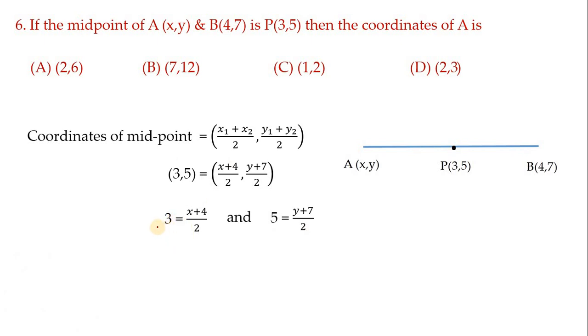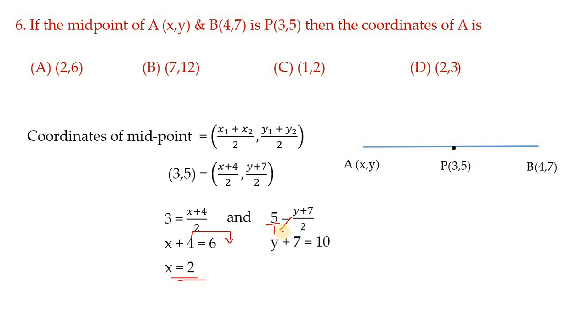So here let us do the cross multiplication. So 1 into x is x plus 4, and that equals 3 into 2, which is 6. Similarly, here if you don't have anything, it means 1 will be there. Anything multiplied by 1, we get the same thing. So before that, let us solve this one, children. This 4 you transfer this side, we get 6 minus 4, and then we get x equals 2.